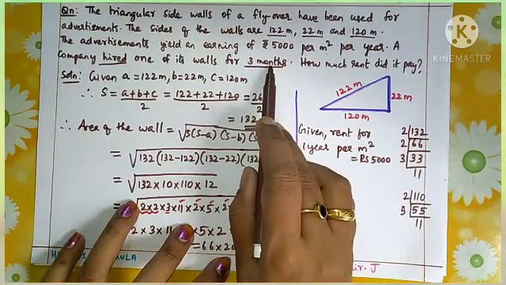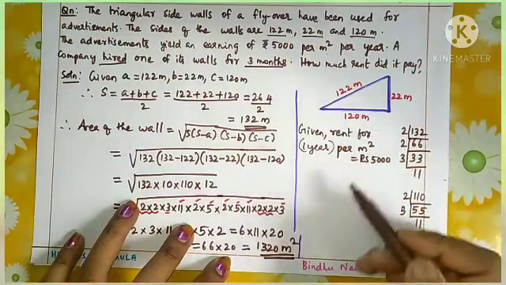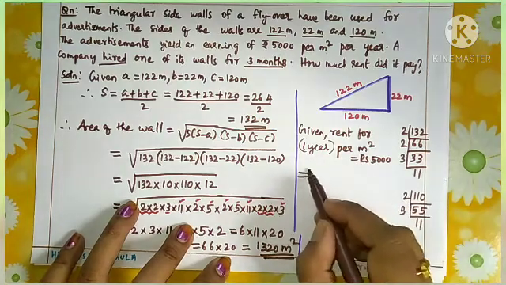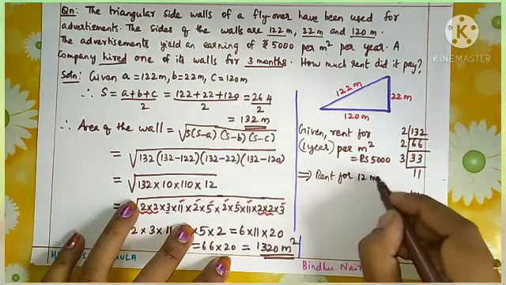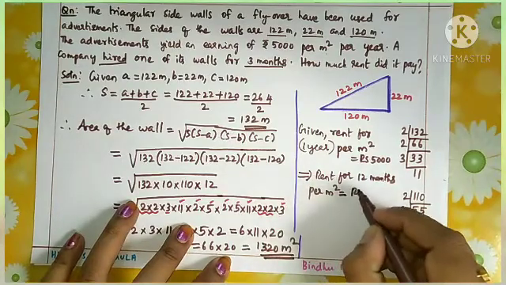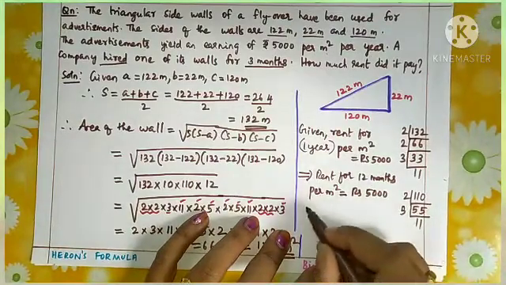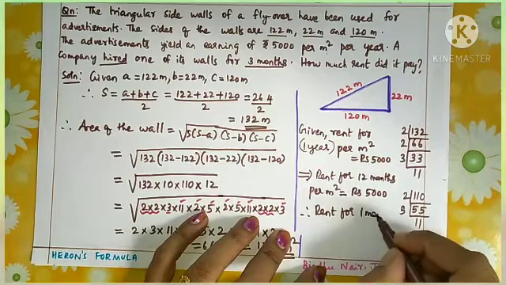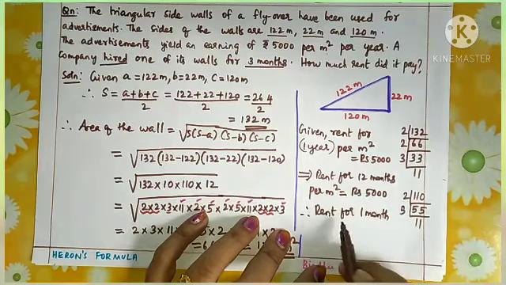So what we want to do is, we want to change this 1 year into months. And you know 1 year is equal to 12 months. So that only we are going to do. That is, this implies rent for 12 months per meter square is rupees 5,000. Okay. Now, therefore, can you say what is the rent for 1 month? For 12 months 5000 is the rupees. Can you say for 1 month?